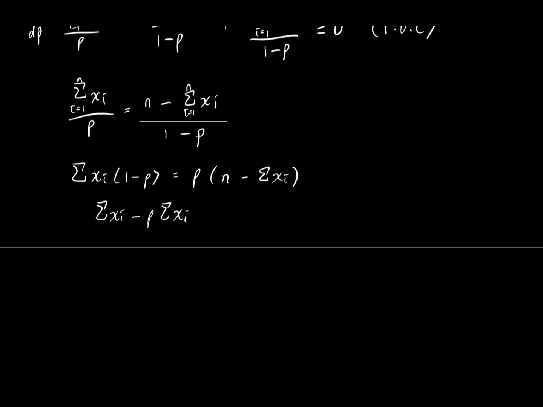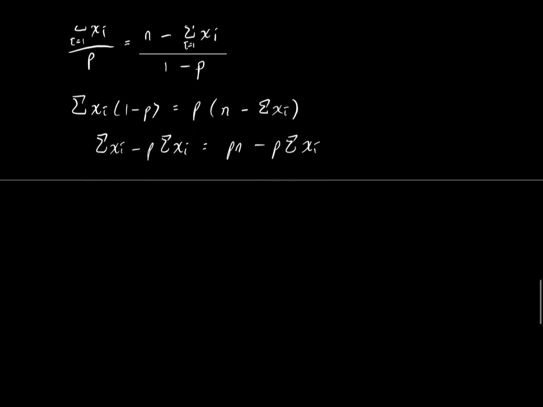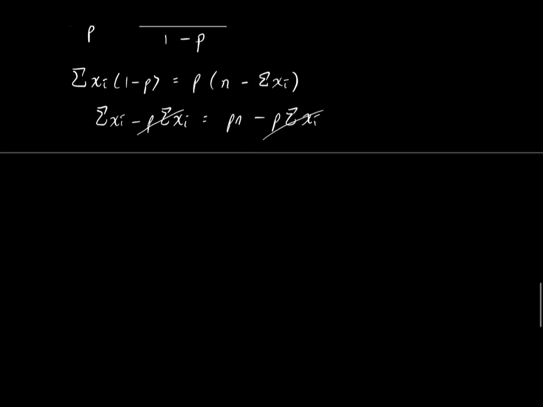Oh, my bad, equals p. You've got minus p sigma xi on both sides. They cancel, become 0. Now pn is equal to sigma xi. So p is equal to sigma xi over n,